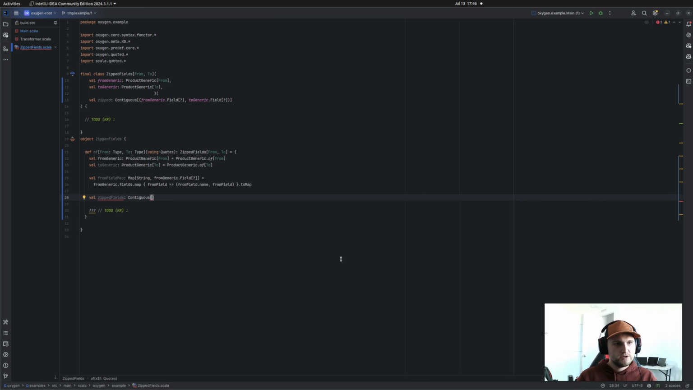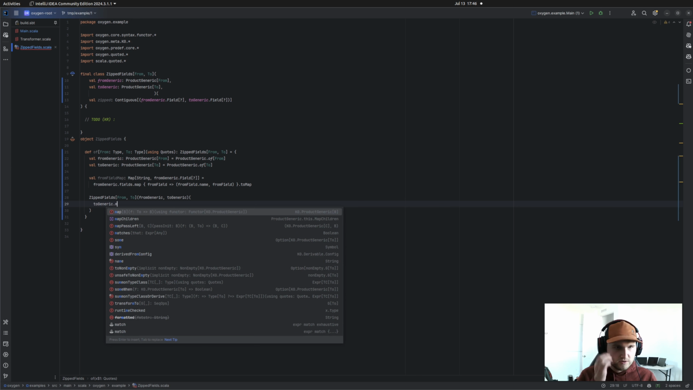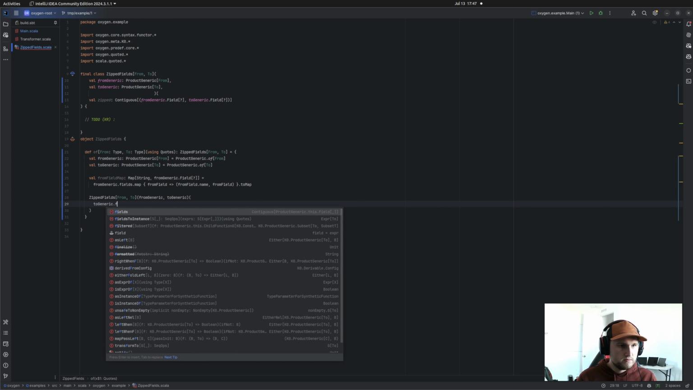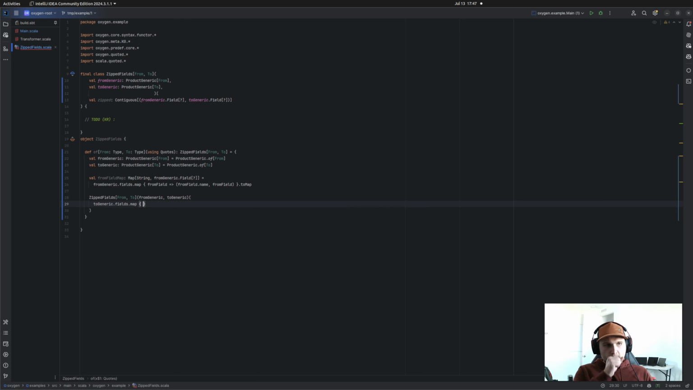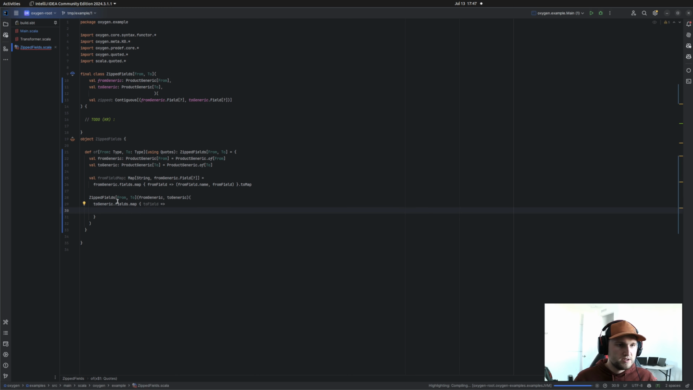Okay, so here, let's just do it like this. So we're going to do zipped fields from 2. Awesome. And then what are we going to do here? We're going to do 2 fields, 2 generic, and we're going to map these. These are also contiguous of fields. Fields dot map. Okay, there we go. 2 field, and you see here we've got these untyped things, but we don't really care about the types yet. We're just going to zip them. So all we care about really is the name. So here's 2 field, and then we're going to do from field map